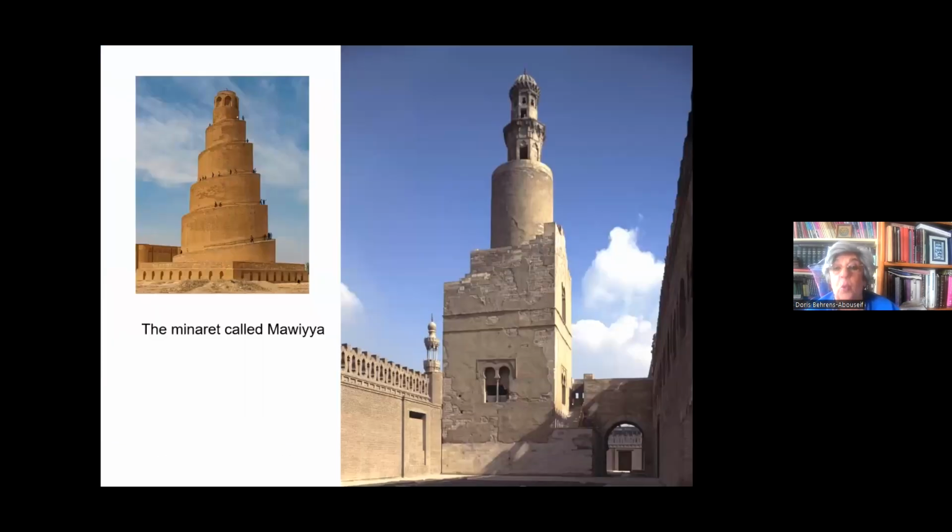Of course, the Mosque of Tulun also is much smaller in terms of dimensions than the Abbasid prototype, but it has one feature which for me, it's already Egypt. It shows the Egyptian identity. The Mosque of Samarra is built entirely in brick. Brick is the building material of Mesopotamia in Iraq, whereas Egypt has a very strong and very old tradition of stone architecture. And this is why we see at the Mosque of Ibn Tulun, the Malwiya, as it is called in Samarra, has been turned into a structure of stone.